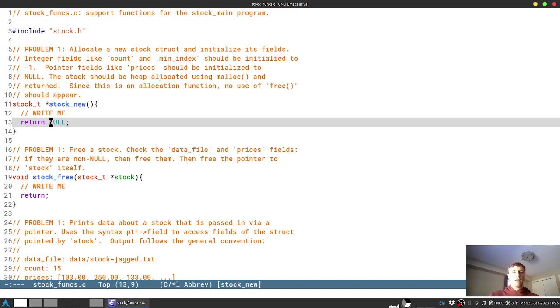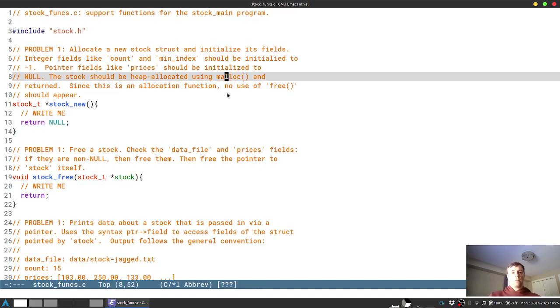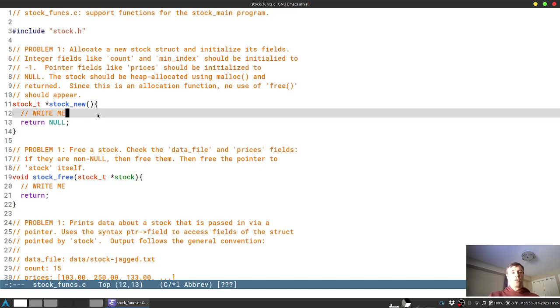For instance, it'll mention that the stuff that comprises stock should be heap allocated, making use of the malloc function. And it also mentions that this is a function that creates some memory and populates it with some initial values, and so should not make use of the free function. So let me eliminate this little write me, and I'll give myself a stock_t pointer, stock, and I'll malloc